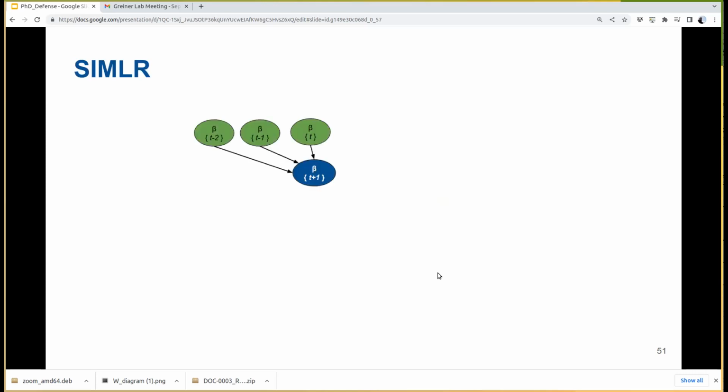We take the data from the 3 previous weeks that we can find by solving the optimization problem. And then using these 3 points, we go and predict the point number 4. And then we do the same for gamma. Take the gamma of the 3 previous time points to make the prediction of the next one.